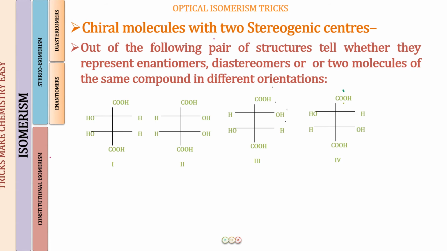What is the name of this compound? Well, this is carbon number 1, carbon number 2, carbon number 3, carbon number 4. So this is a 4 carbon carboxylic acid, a dicarboxylic acid. So this is going to be butane 1,4 dicarboxylic acid, with an OH and OH at position number 2 and 3. The name of the compound becomes 2,3-dihydroxybutane-1,4-dioic acid. And the common name of the compound is tartaric acid, a compound which is very important in optical isomerism.